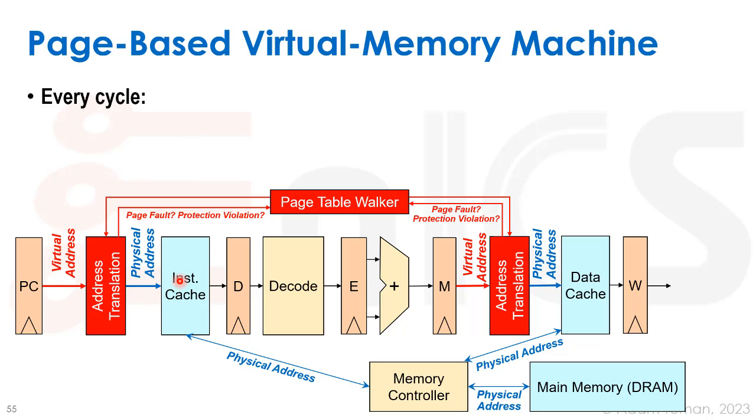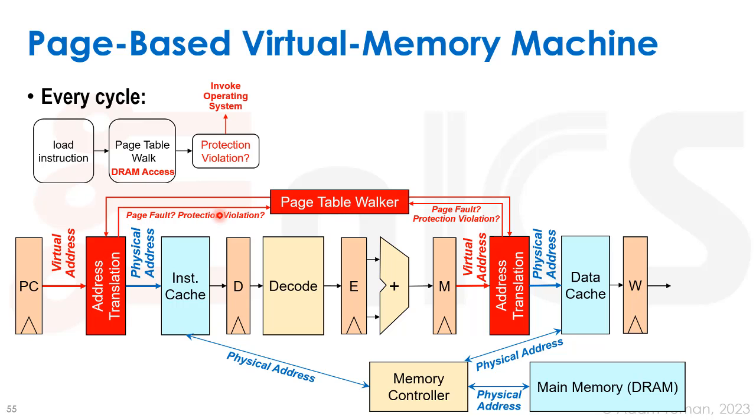So every cycle, we're going to load an instruction. The program counter is going to provide the virtual address that is going to go into our address translation block, our MMU. And what it needs to do is go over to DRAM, run a page table walk to get what the actual address translation is. That's going to check for a protection violation. If we have a protection violation, we're going to throw an exception and invoke the operating system to handle it. And again, we're also going to check for a page fault. If there is a page fault, we again have to throw an exception, invoke the operating system, and handle it. Okay, so now we have our translation to a physical address, and we can access the instruction cache,